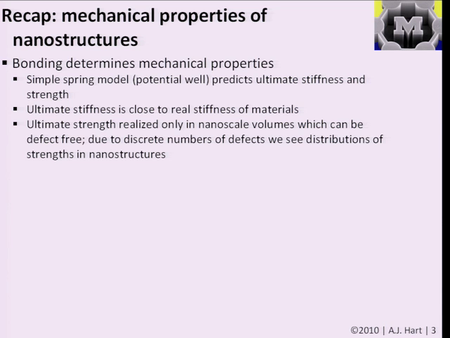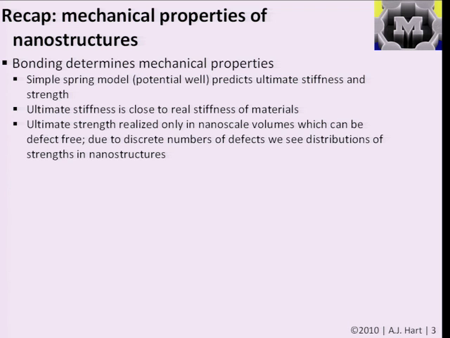However, the ultimate strength, meaning strength determined by actual breakage of the bonds, is realized only in very small volumes, which can be defect-free, because the strength of bulk materials is governed by defects and propagation of dislocations and a lot of more complex mechanisms that relate to how the material is ordered over a longer range. And this let us see that, for example, in very small volumes like carbon nanotubes with very few defects or gold nanowires with very few defects, we could have strengths that approach this idea of a theoretical limit of the Young's modulus divided by 10,